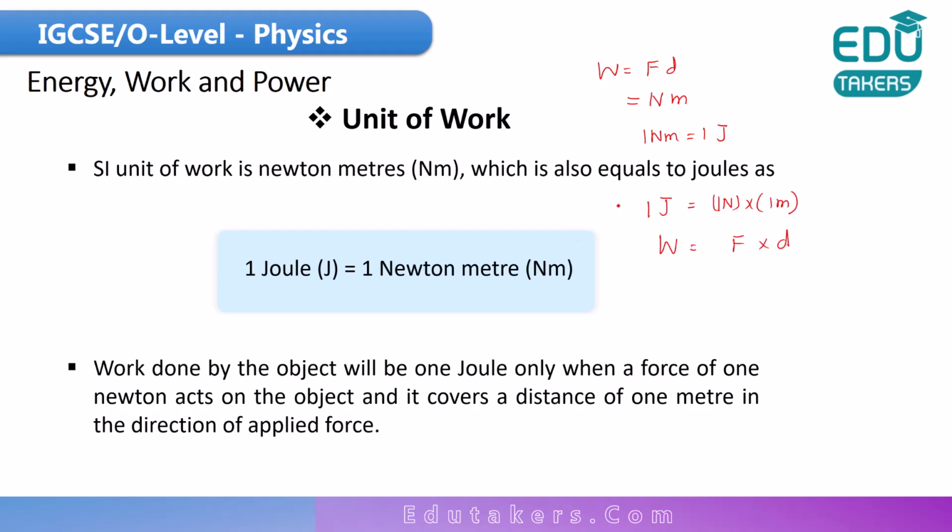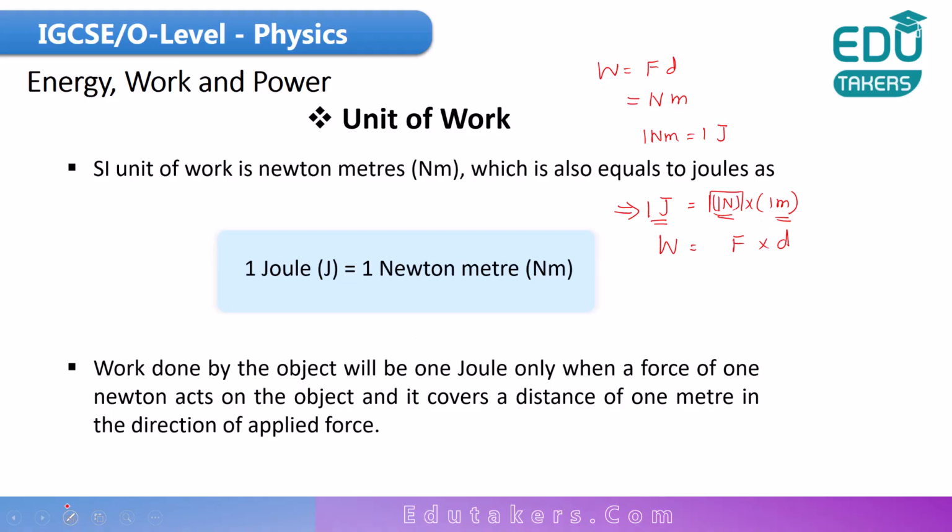By the first equation that I write here, I can simply say that the work done would be 1 joule if you apply a force of 1 Newton on the object. As a result, the body covers a distance of 1 meter in the direction of the applied force. Here you just need to make the 1 joule the subject. So I can simply say that the work done is 1 joule when you apply a force of 1 Newton on the object. As a result, it covers the distance of 1 meter in the direction of the applied force.